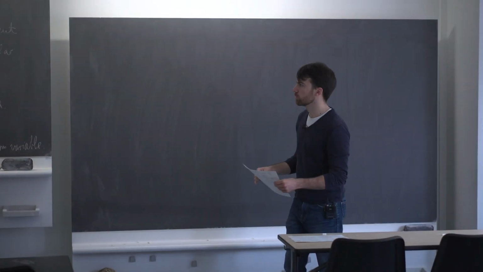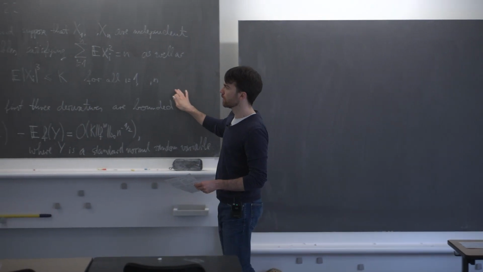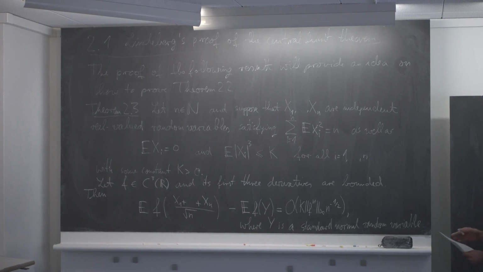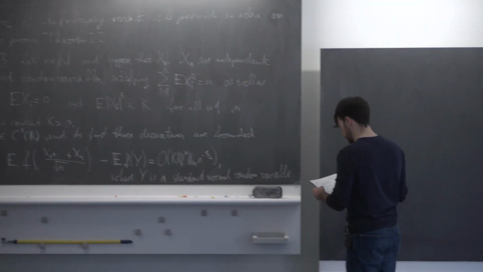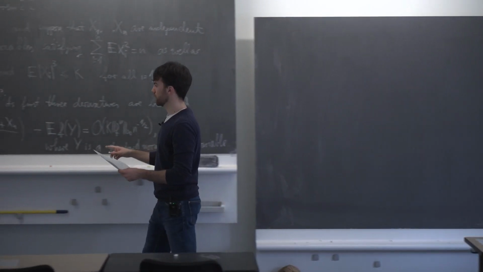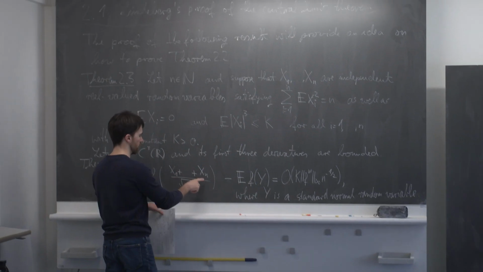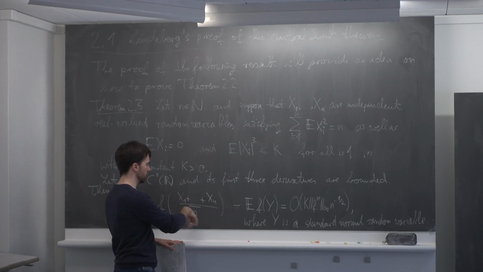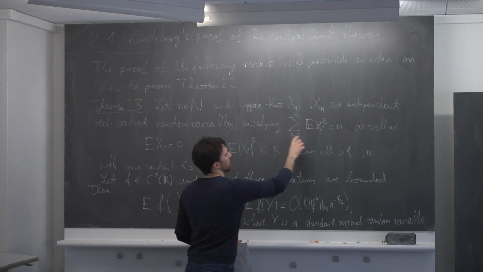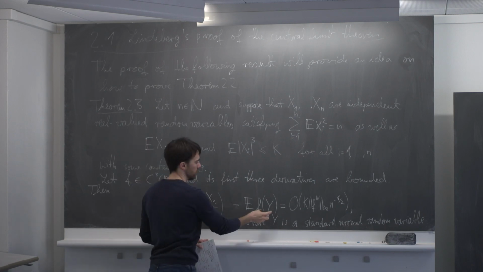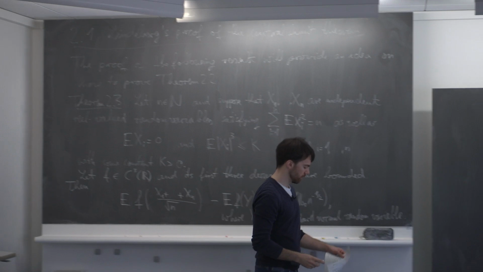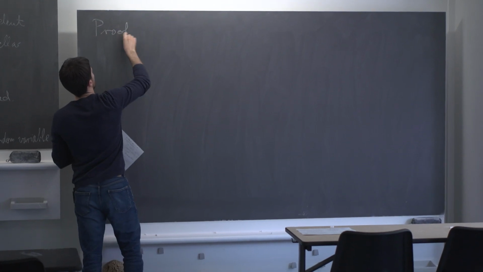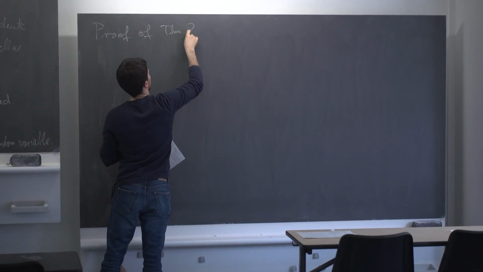Okay, then we can continue. And what I want to present now is a short proof of this theorem 2.3. I'll maybe give a few more details in the exercise session where you were asked to do this step by step. The main idea will be that in this sum, we will replace x1 up to xn step by step by Gaussian random variables, and then in the end, if the Gaussian random variables satisfy this condition, this will be the standard Gaussian random variable that we will have here. Okay, so this is now the proof of theorem